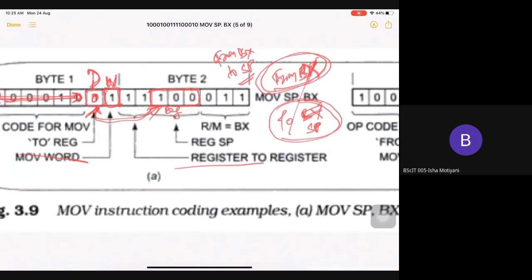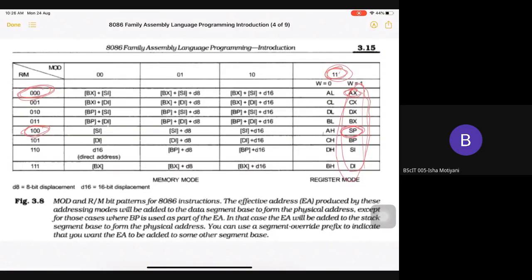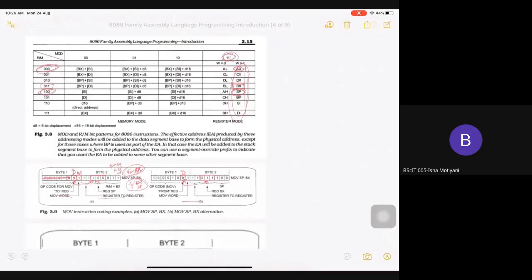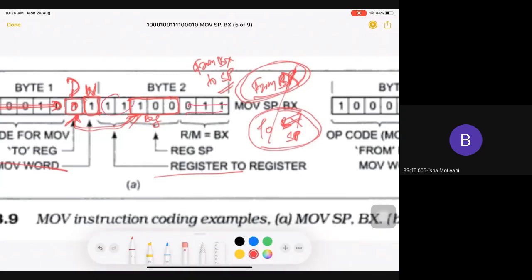Now, other than that, let's see how this 11 and 011 comes. We need to check what register we have considered here as SP. So what register else remains? BX. You need to see where your BX is, so for that you need to open this. Here it is BX, so it is my register addressing mode. That's why if you go here, it is 011, and here it is 11. So that's why here it is 011 and it is 11. Get it?